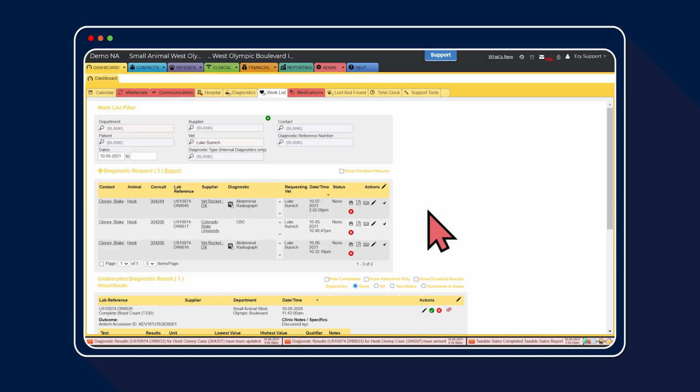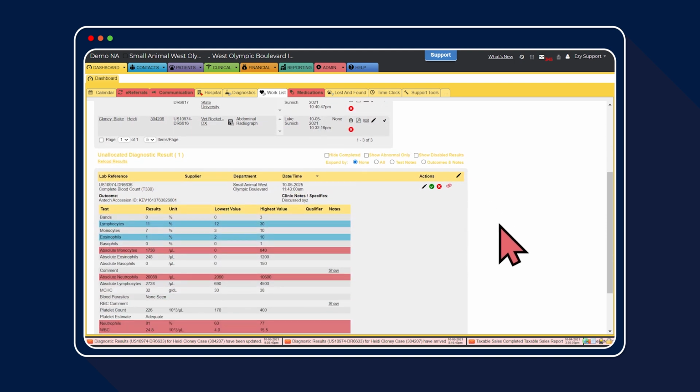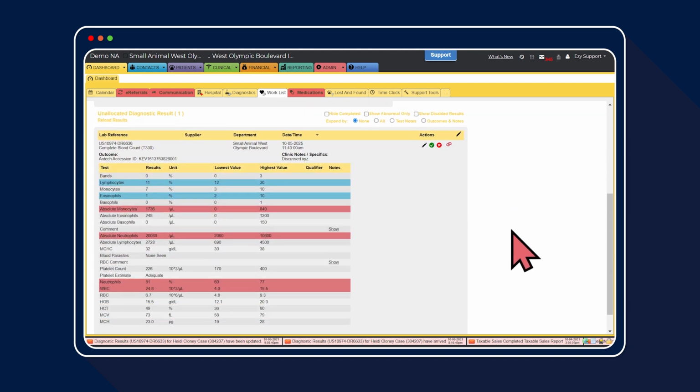This means there's no need to go back and forth between multiple tabs. Make your changes within the worklist and they will backflow into the clinical record. The last section is the unallocated diagnostic results. For any results that have automatically come back into ezyVet and are not assigned to a patient, will sit within